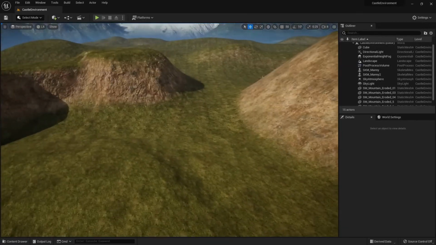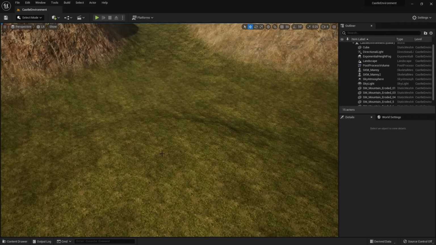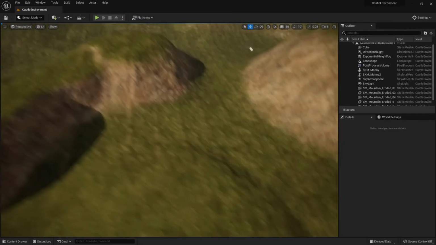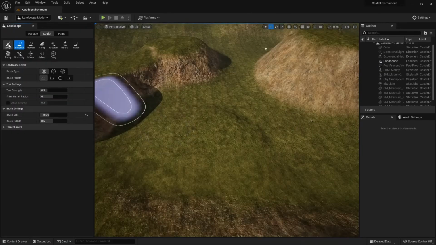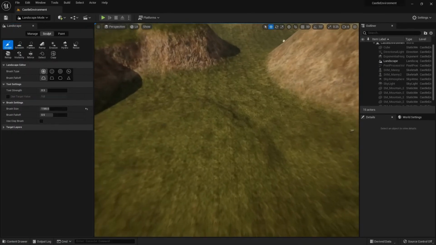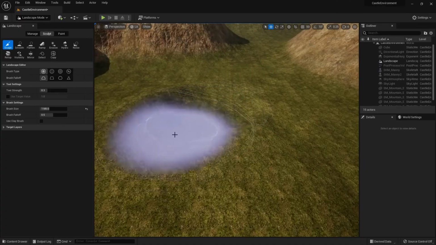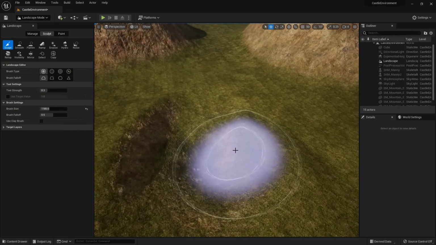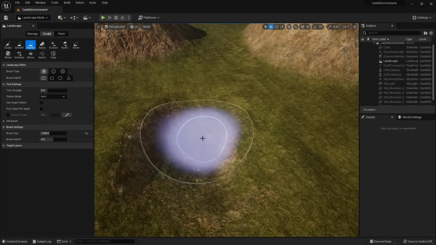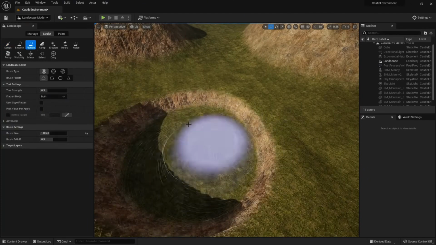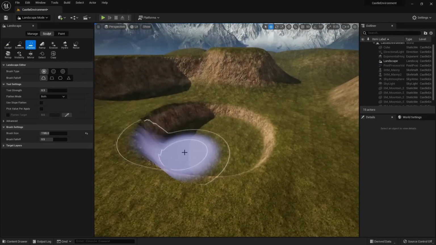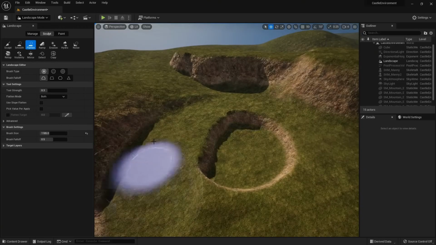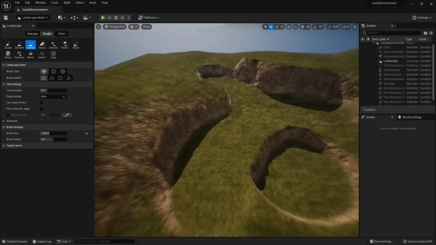Now let's create a lake. So we're going to create a little bit of a lake right here. And a river that goes in between these two hills that make a little valley. So we're going to sculpt. And hold down Shift to decrease the space right here. So we carve out an area for our lake right there. And I'm actually going to flatten out this entire area over here too. Going to smooth